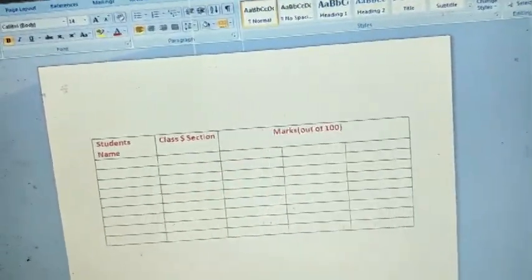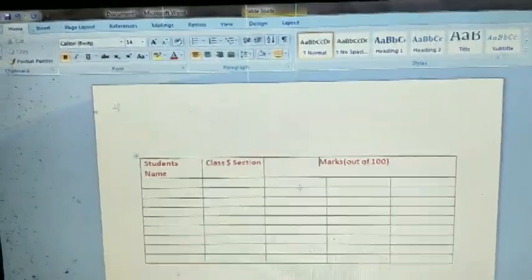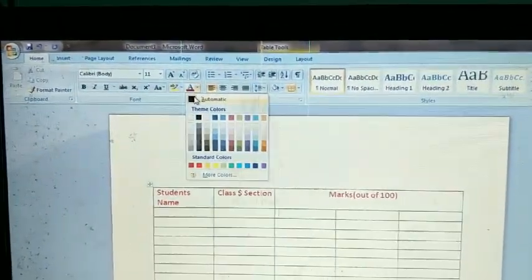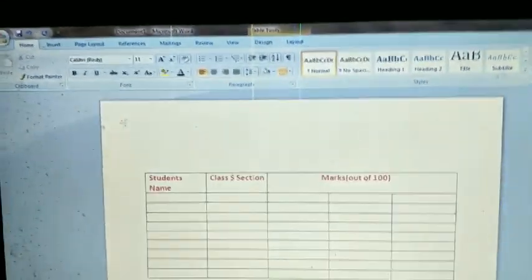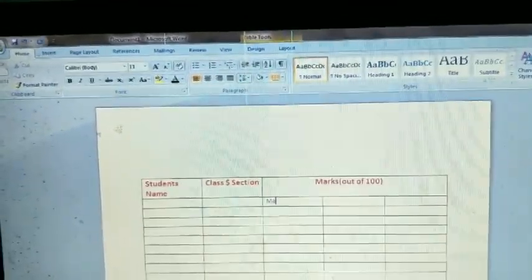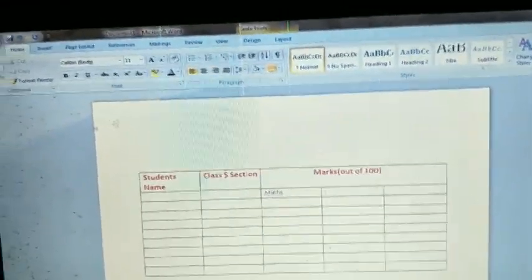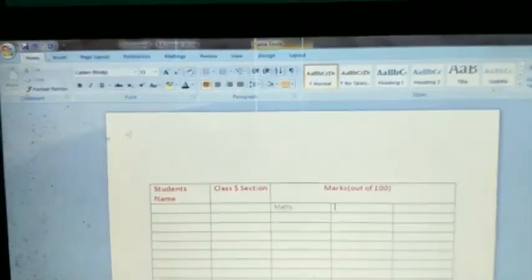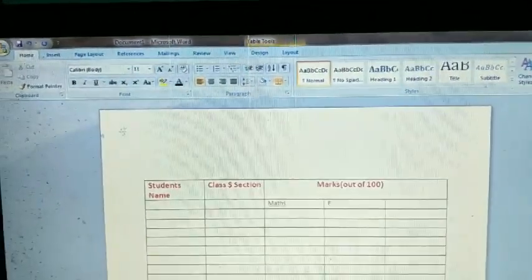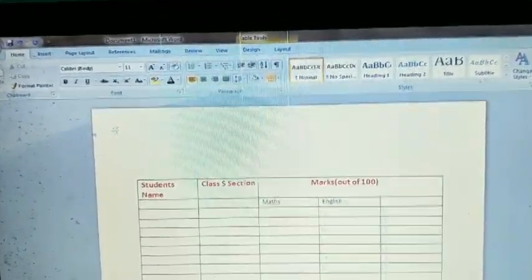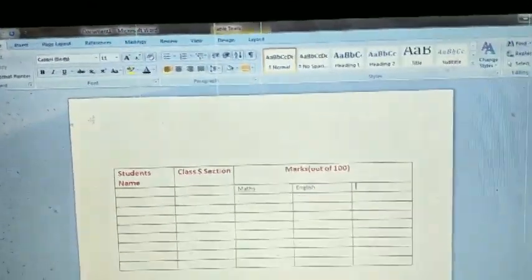Done. Now enter this heading in black color: Maths, English, and next Science.